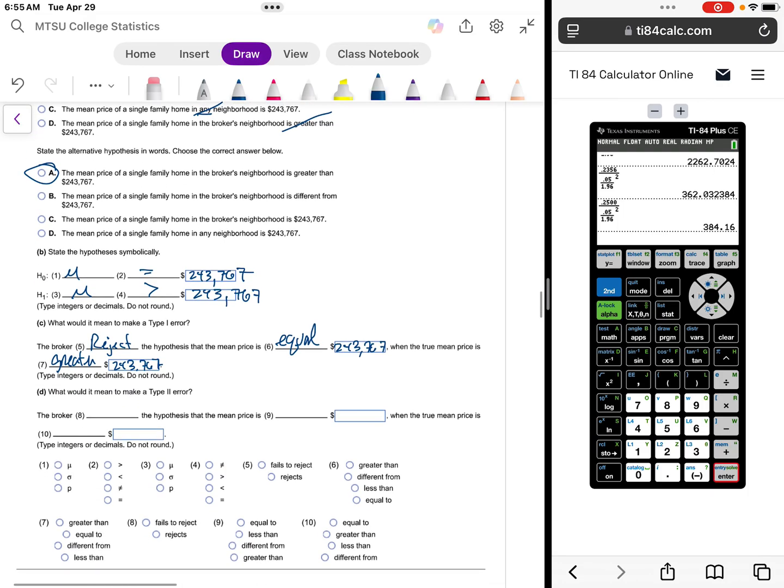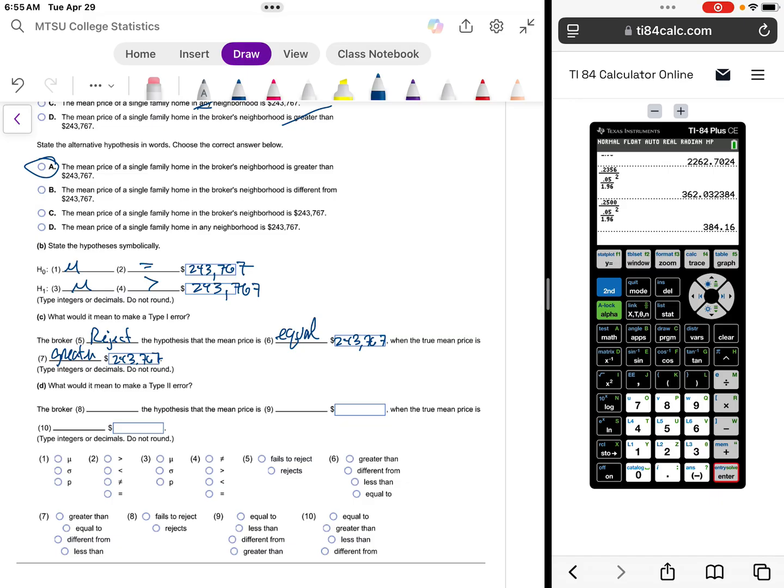And what would a type 2 error be? Again, we fail to reject, so we do not reject the null hypothesis that the price is equal to 243,767 when the true mean price is